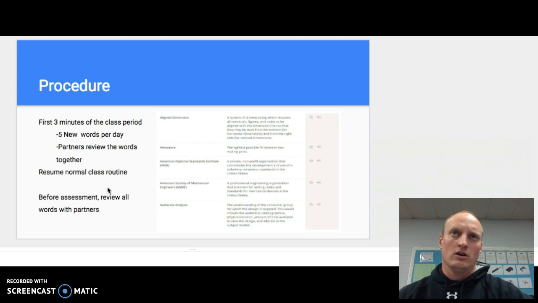We could focus on a specific skill and then continue on with our day-to-day operations. Students did get 5 new vocabulary words per day until all of the words within a unit were utilized. And then they would get some more time before we took the assessment to go back and review those words together. And so it was only for 3 minutes during the course of each phase, but students did get a good basis of the vocabulary that we were trying to assess.